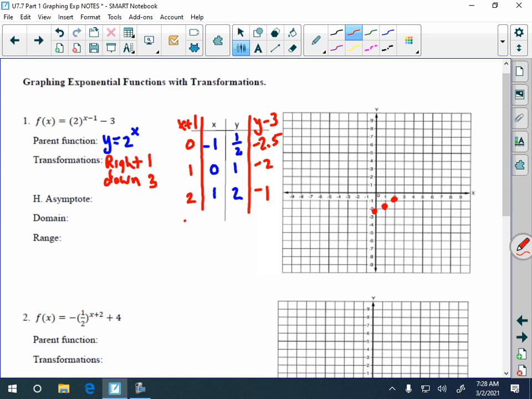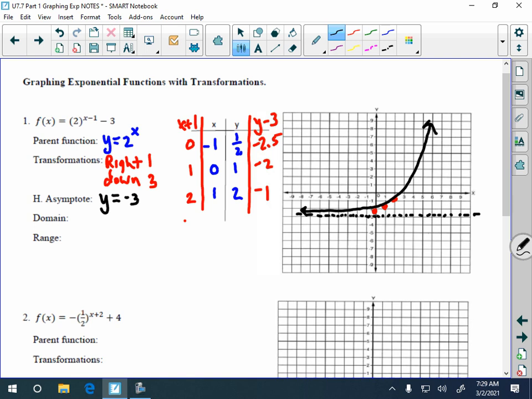Now our horizontal asymptote is all based off the k value, so that's the very last number, that's the up and down shifting. And so this went down 3 units, so our horizontal asymptote is now y equals negative 3. So let's go ahead and put that y equals negative 3 line in there. So this is like a boundary line that the graph's going to get close to, but not ever touch or cross. So now when I connect my graph, my dots,